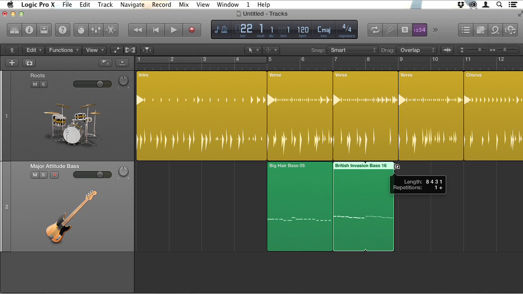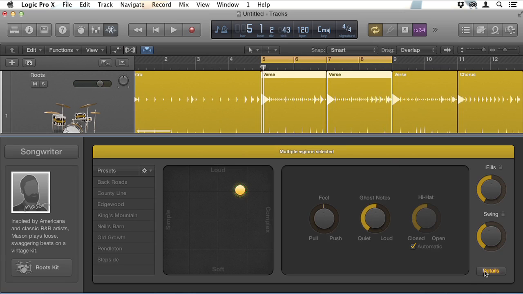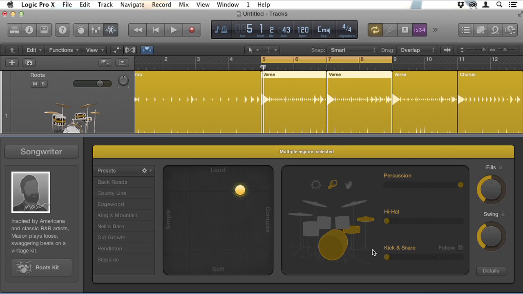And I'll loop that one out. Select these 2 areas, hit U to choose them and C to cycle them. Okay, you get the idea. I'll just click off Details, and under Kick and Snare, you'll know that we can select different numbers for different